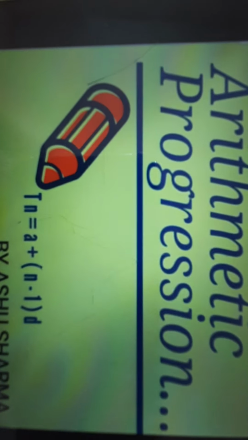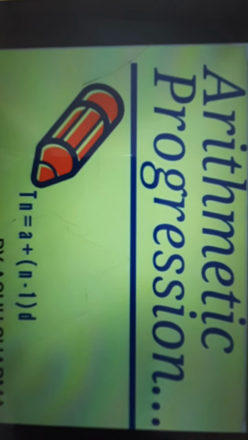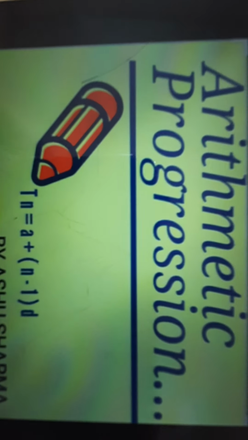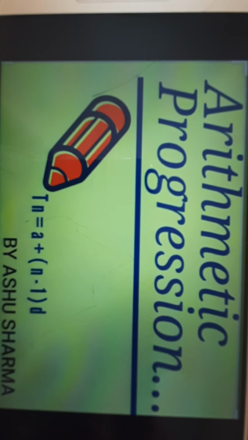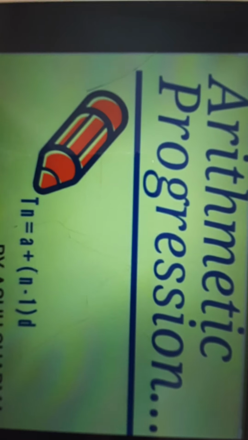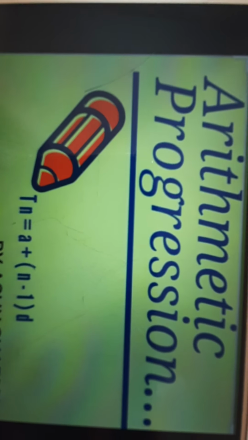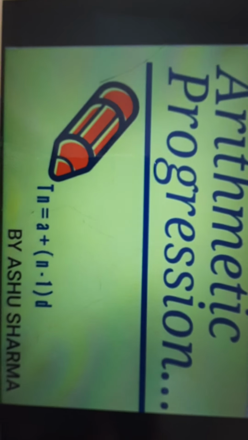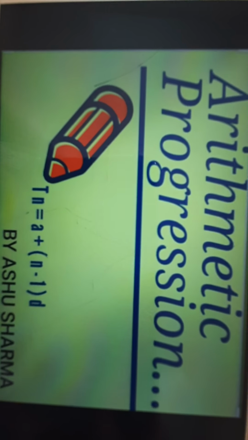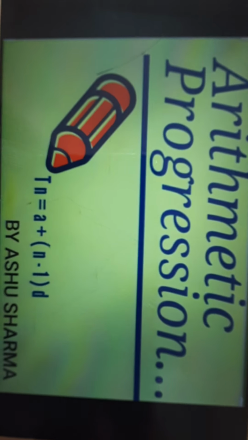And we are doing arithmetic progression, Unit 5 of 10th class NCERT. So in the previous videos I explained how to convert the given application statement into the AP, and how to judge whether the given number series is an AP or not. So now today we are going to do question number 3 of exercise 5.1.